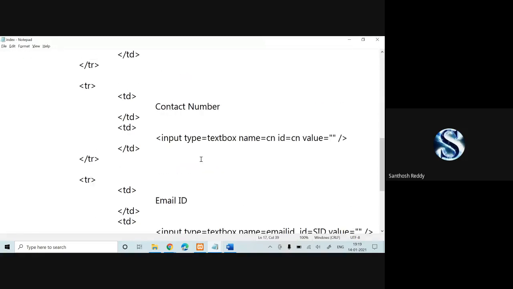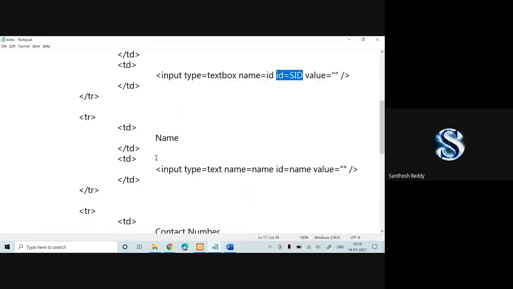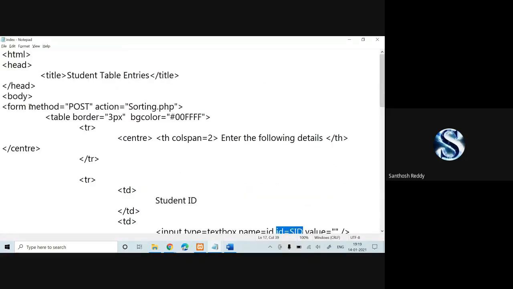Student ID, same as it is, input name and everything is done. Then submit value equal to click. Once the submit button is clicked, what is going to happen? Method equal to post, action equal to sorting.php means that once you click the button, you have to move to your sorting.php page.